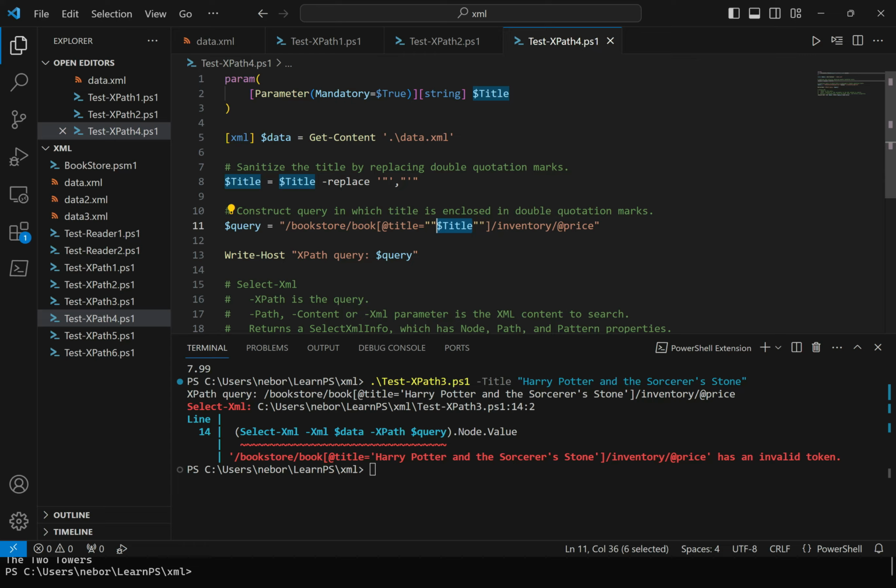So that guards against that particular case. But now what if you had a string that included double quotation marks? Well, that would give us the same problem. So we sanitize the input by replacing any double quotation marks with single quotation marks. So basically we're saying